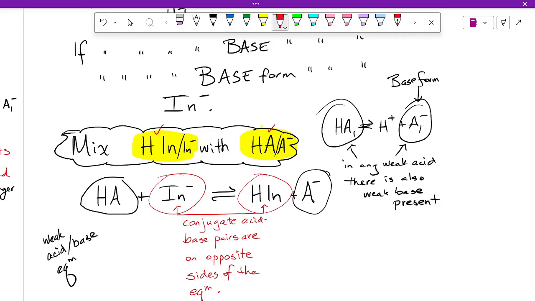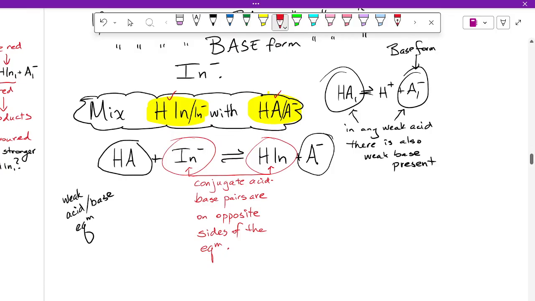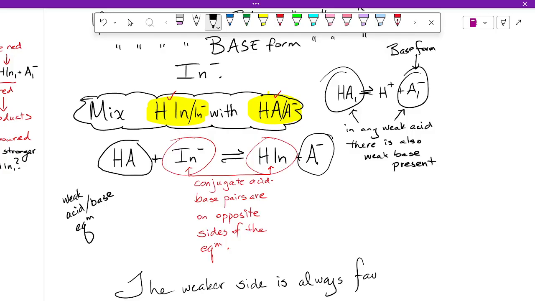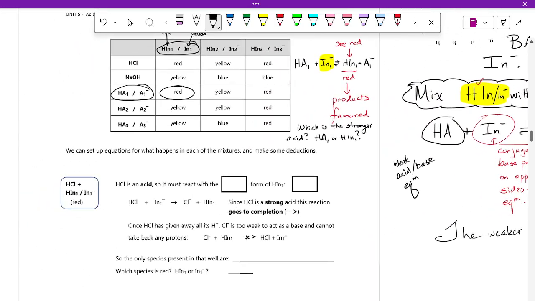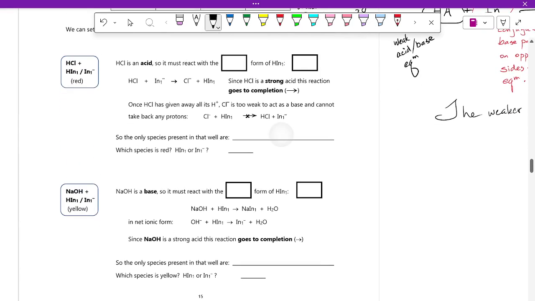So the conjugate acid-base pairs are across from one another. And do you remember which side is always favored? Is it the stronger side or the weaker side? The weaker side is always favored. Okay. So we have determined, and we're actually going to skip over this little bit at the bottom of page 15,